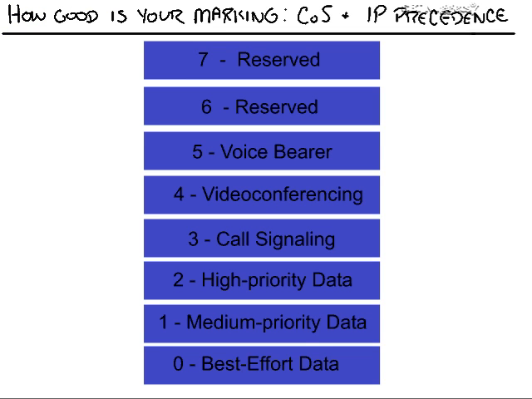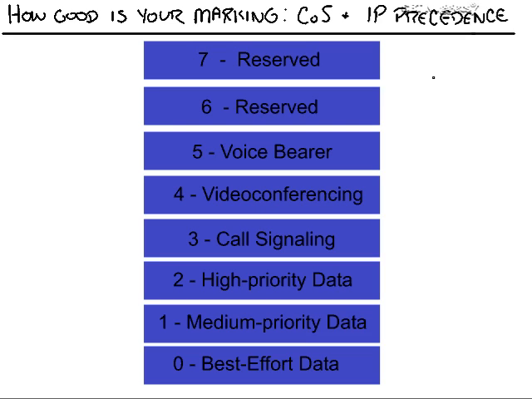Well, those values differ depending on what kind of marking mechanism you're using. The most common marking mechanisms, class of service and IP precedence, have 8 values defined, 0 through 7, that you are able to mark your traffic with. Now, what says what you should mark each thing with? Well, that's the beauty of quality of service. You do. You get to go out there and define exactly how you want each packet marked and what value